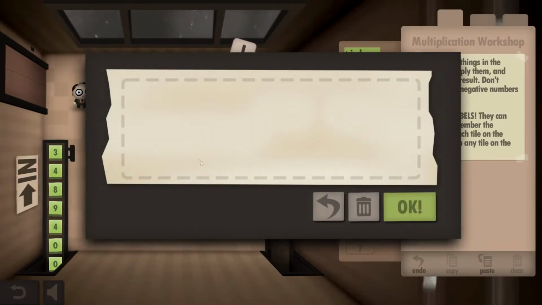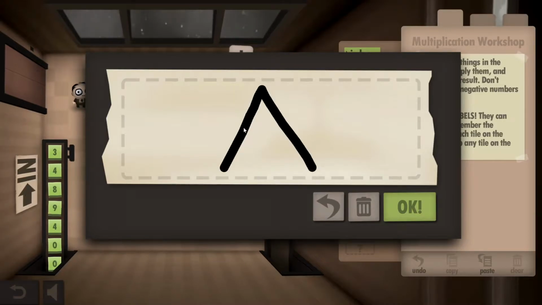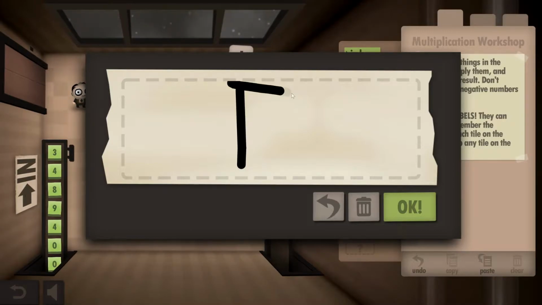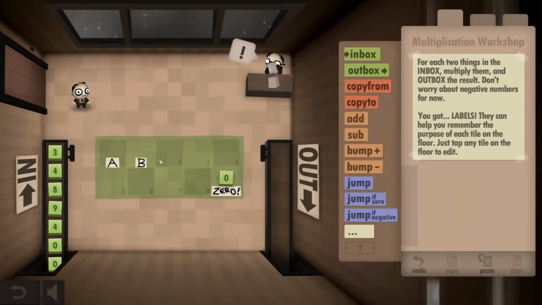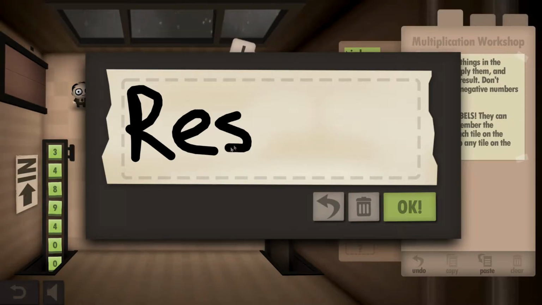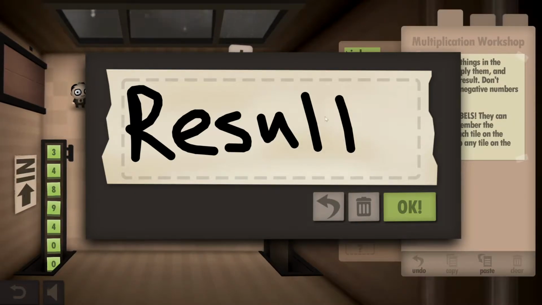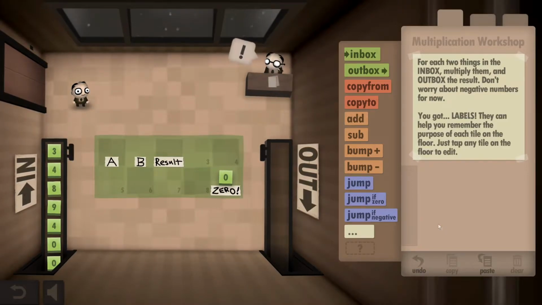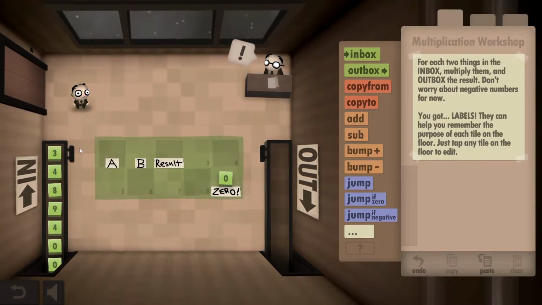Okay, so go ahead and clear their solution here and get rid of their labels. So we're going to set up the same labels that we had last time, just because those are nice and easy to follow. We have A, we have B, and then we have our result. Alrighty, so similar to last time, the way we want to do this is, obviously we have to go to the inbox twice,